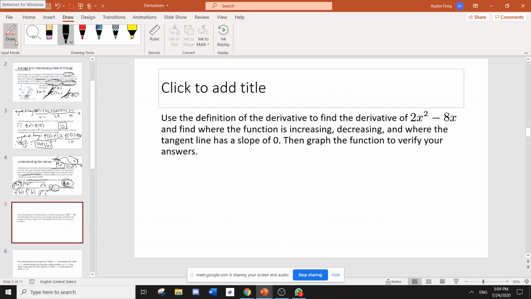So let's use the definition of the derivative to find the derivative of 2x squared minus 8x, and find where the function is increasing, decreasing, and where the tangent line has a slope of 0. Then graph to verify your answers. Okay, so limit of h to 0 of f of x plus h minus f of x all over h is equal to